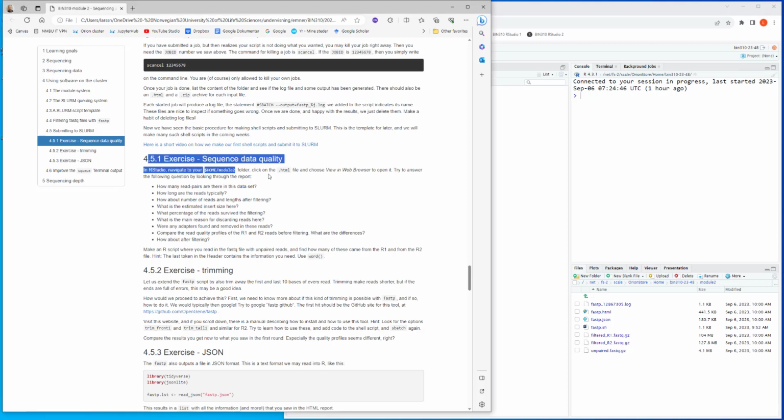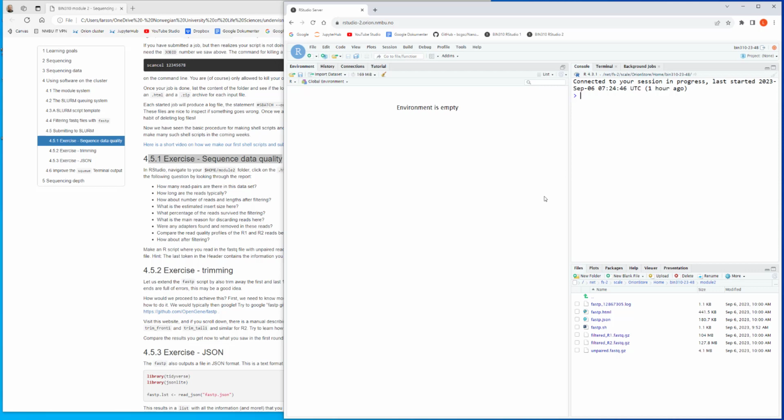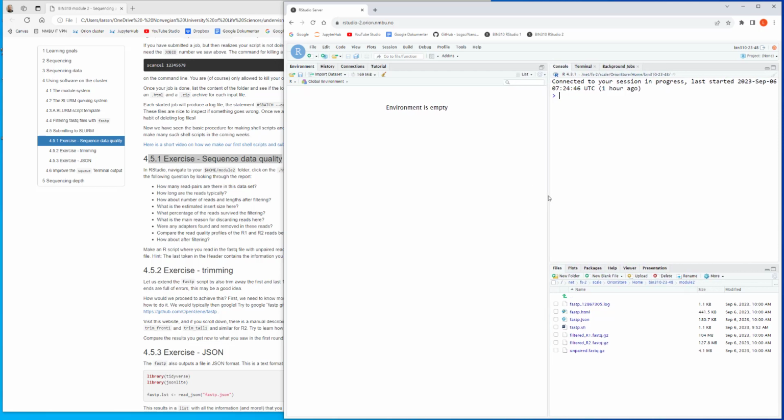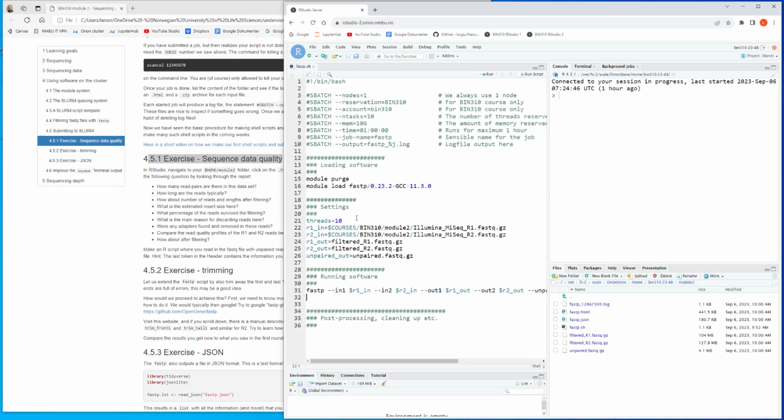Let's have a brief look at this exercise here, sequence data quality. So now we have just run this FastP and got some output, right? That's the previous video. Let's have a look at this output because the FastP, well, what does it actually do? If we have a look at the shell script here, it takes these two FASTQ files here as input, and then it does some filtering,